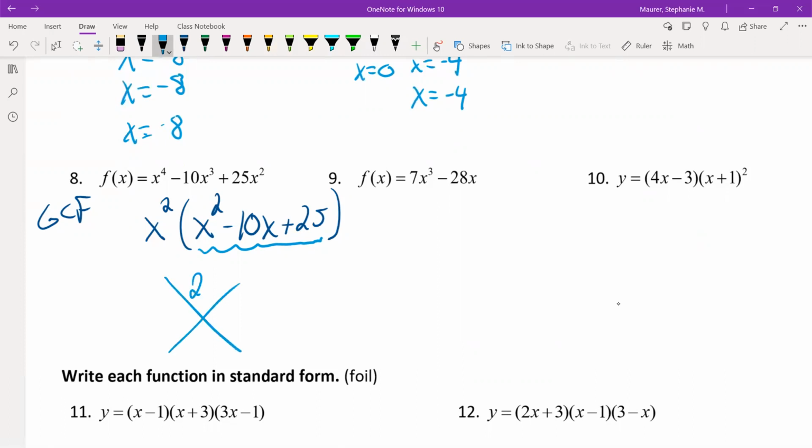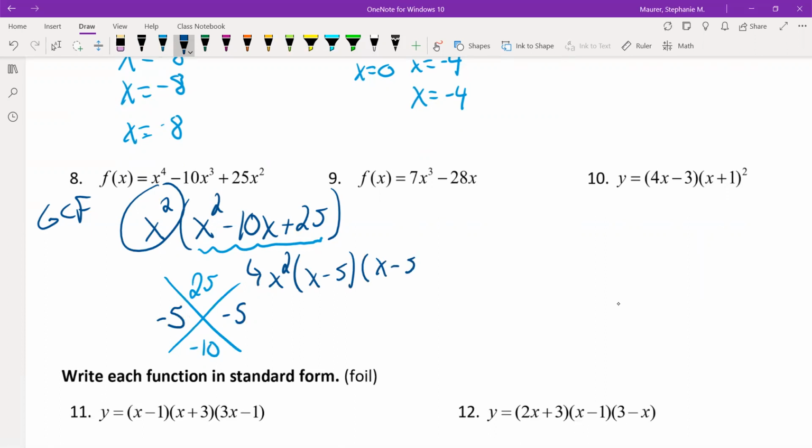One of the most popular is the X method, where we say what number multiplies to 25 but adds to negative 10. So going through all of our numbers, I'm thinking 5 and 5 would get me to 25, but 5 and 5 is not going to get me to a negative 10. So what about a negative 5 and a negative 5? That means my factored form, we're going to have that x squared still out in front, but this piece is going to become an x minus 5 and an x minus 5,